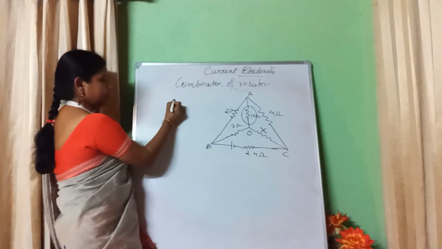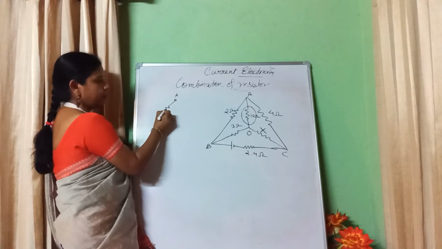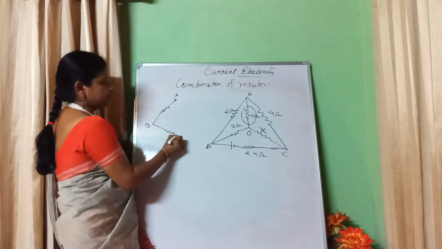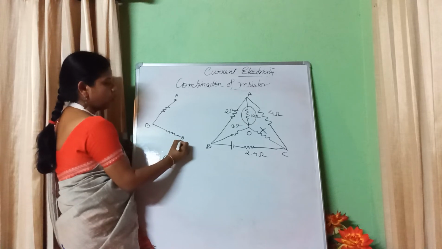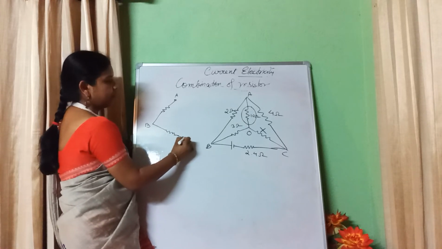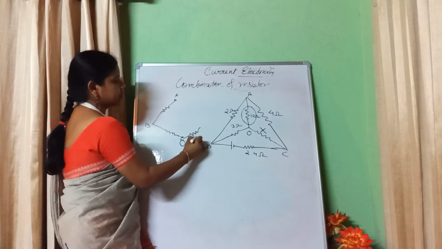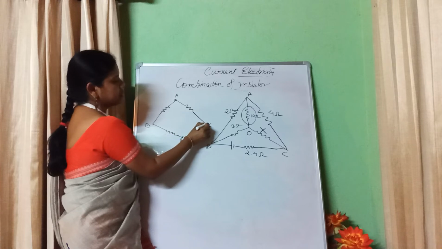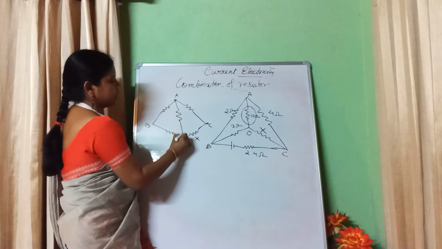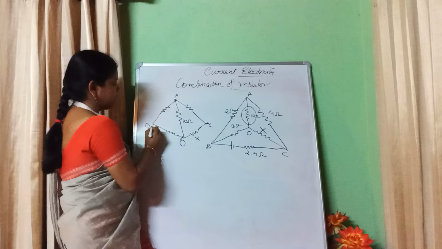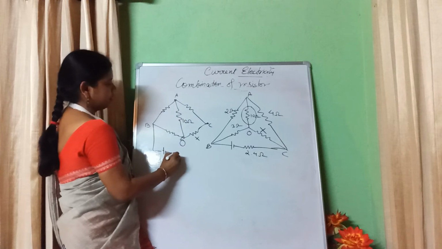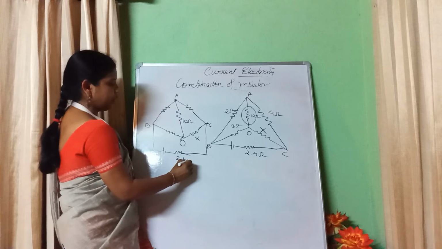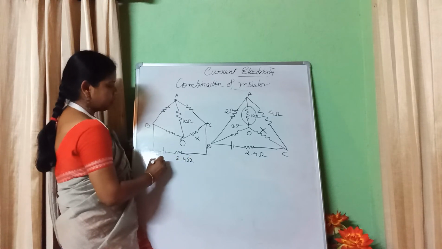Okay, let me draw it here. This is my A. From A I have B. From B, suppose this is my O. Then from O I have X, and from X it is C. From A it is C. Then from here it is 10. Now understood? Do I have to explain it to you? Now this is 6 volt.